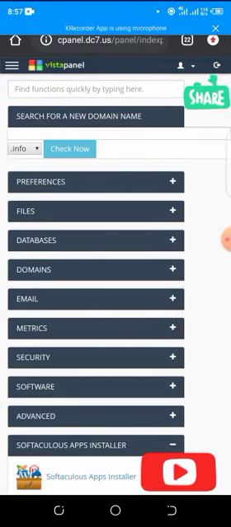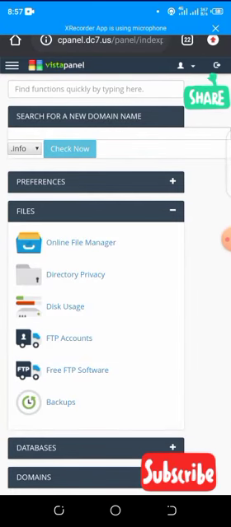And now let's go to the file section. Here in the file manager, you'll be able to delete and edit, and there is something we call an FTP account, that is, file transfer protocol, and free FTP software. We have software that is used for FTP accounts. These packages are meant for you to upload direct HTML files, that is, when you don't want to use a CMS, a content management system, to work on your website. But for the benefit of this tutorial, we'll be using the CMS and we'll go back to it. But you just have to take note of this.